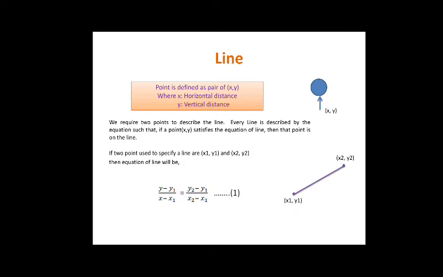So what will be the equation of the line? The equation of a line is (y minus y1) divided by (x minus x1) is equal to (y2 minus y1) divided by (x2 minus x1). This is the basic equation of a line. We can also have the equation of a line in the form y is equal to mx plus b, the slope intercept form, which we are also going to see. We use this basic equation to find the slope intercept form of that line. I have marked this as equation number 1.